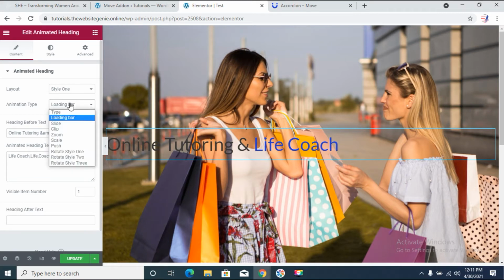Don't know what the loading bar does. We'll check the slide. So we'll have to update and check it, I believe. So we'll just put it at type, and I believe that would give the effect of a typewriter, but we'll see what that does. So the heading before text is online tutoring, and then we have an ampersand,